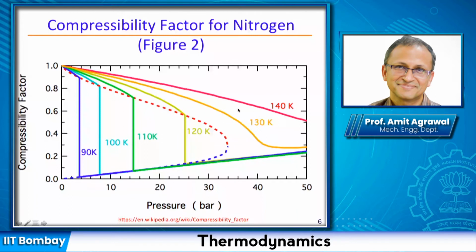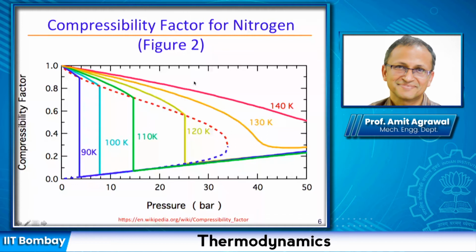Now you can see that the 100 Kelvin curve essentially corresponds to a large part in the phase change region. And then here it will essentially become supercritical in this region. So these are the regions that we are seeing now, because the critical point is here and the pressure and temperature are more than the critical values here. And of course, 130, 140, these are all in the supercritical region. Beyond this pressure value, they are in the supercritical region, otherwise in the vapor region.